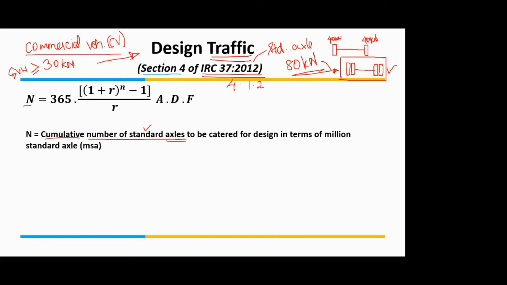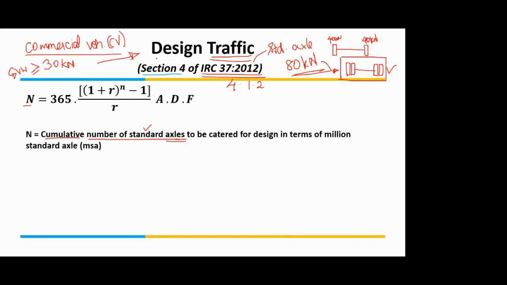So all the other vehicles, even if it is an XUV, a huge Fortuner or Land Rover kind of thing, but if its gross weight doesn't exceed 30 kilonewton, we don't consider it for design, by the sheer fact that those vehicles are not going to affect your pavement in any considerable magnitude, or stresses will not be induced in that much magnitude. So this is the important thing to remember about commercial vehicles.